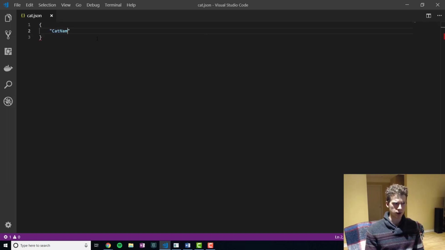And so our first cat will have a name of Mimi. The S here is specifying that it's a string. And then the age, we will use an N to specify that it's a number, and Mimi will be 5